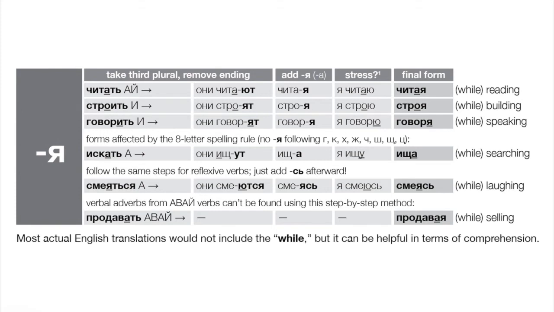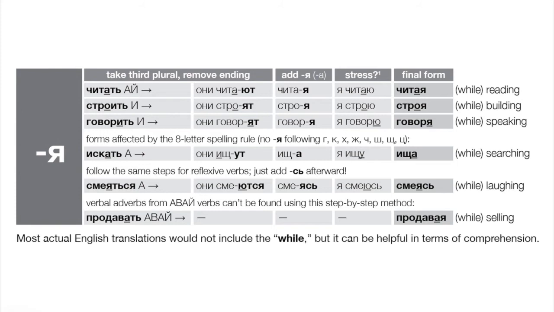Now look at искать. Sometimes, because of the eight-letter spelling rule, we would normally try to write я, but the eight-letter rule tells us we need to write а instead. This is quite unusual, but here's one example. Искать, we get the cluster mutation. Ск mutates to ш. We get ищут, we drop the ending. We might like to add я, but we can't. We write а instead because of the rule, and we get ища.